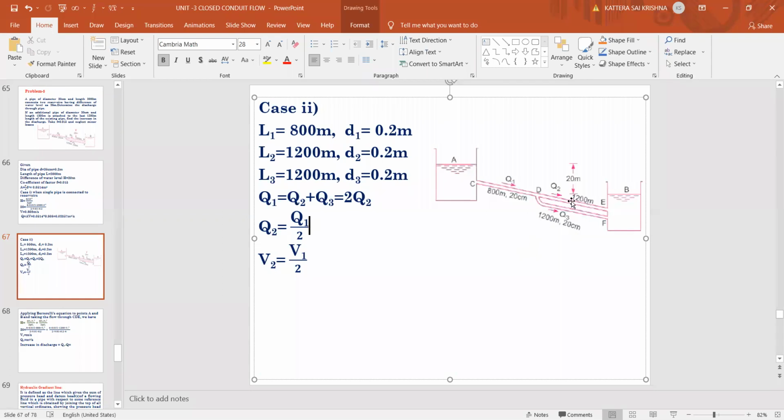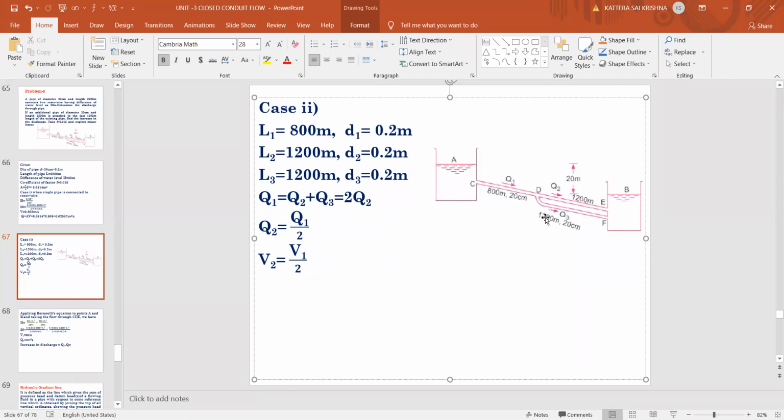Okay, so if you see here, we already know discharges are Q equal to A1 V1 or A2 V2. So here what is there? These 2 are having the same length and same diameter. So we can tell that both the discharges will be same in these 2. Since you can see the length of the pipe DE and the length of the pipe DF both are same and diameter also same, definitely the discharge passing through both the pipes will always be same.